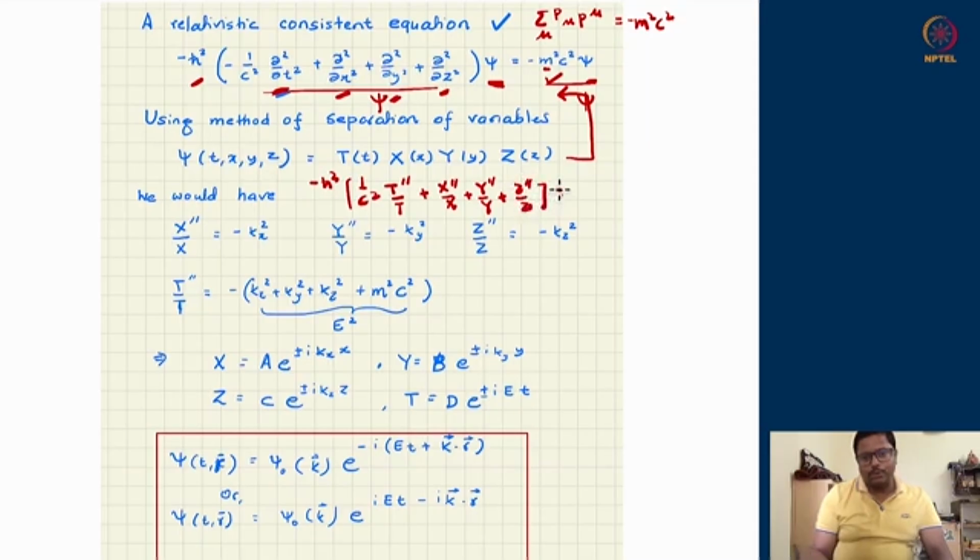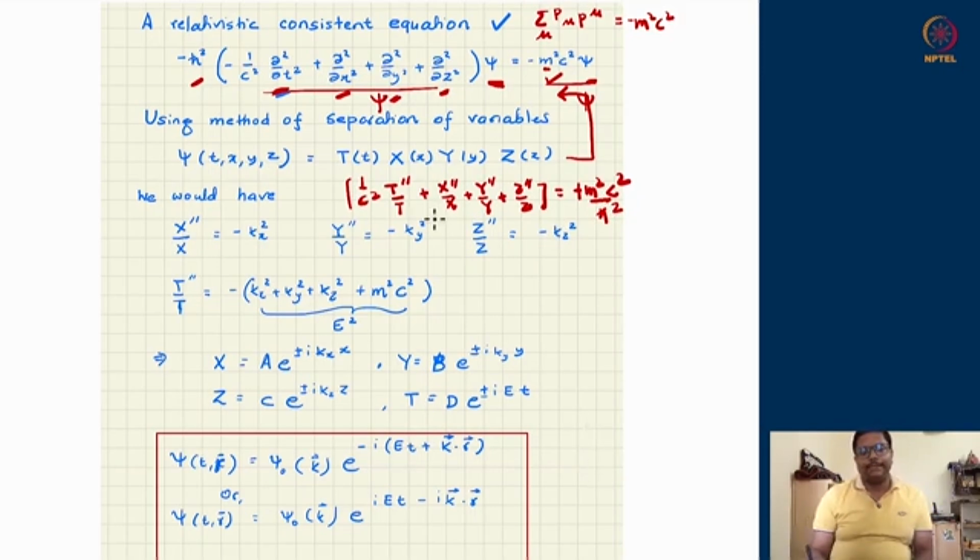That should be equal to minus m square c square. Now once we have this structure, what we can do is to take first this minus h square on the right hand side. So if I take minus h square on the right hand side, left hand side will not have the h square, and h square will come downwards without flipping the sign on the term on the